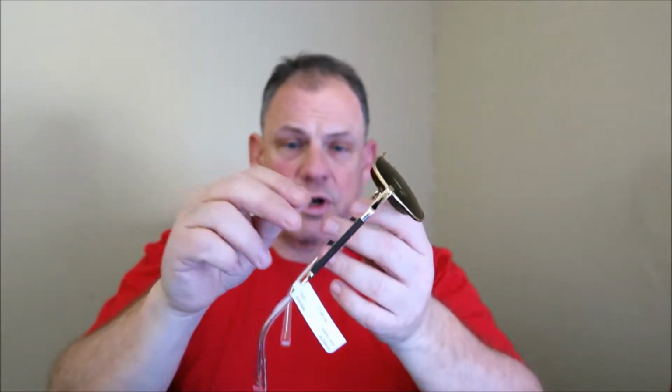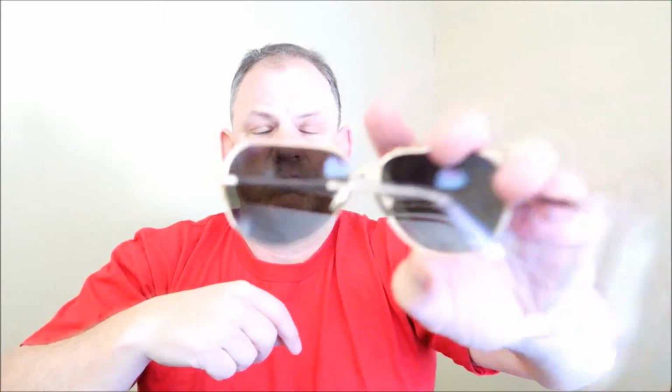But I like these. These seem decently well made. The lenses are glass, and they're very clear. The frames are titanium, and you have real hardwood here. Let's see, I'll put this up to the camera and let you look through the lens at me to see how it looks. Now, it would be better, I suppose, if I did this outside in the sun. I have the lenses tilted here, so. Right. So anyway,